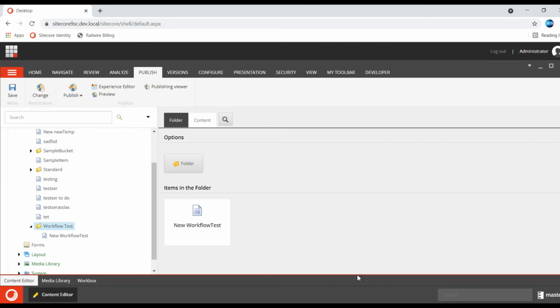So if you want an auto publish or auto email, you can create an action in the specific command, and you can write a custom logic, or you can use the existing logic as well. This is a simple demo explaining how you can create a workflow and implement it at CM level, so that the content editing part will be in a structured manner according to the standard suggested by Sitecore.